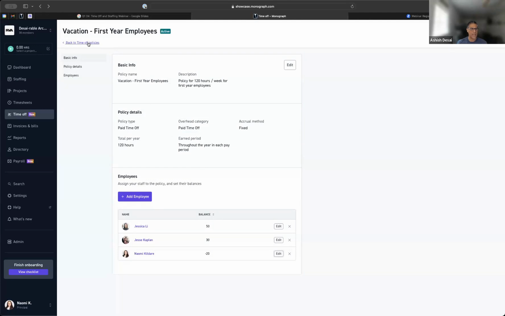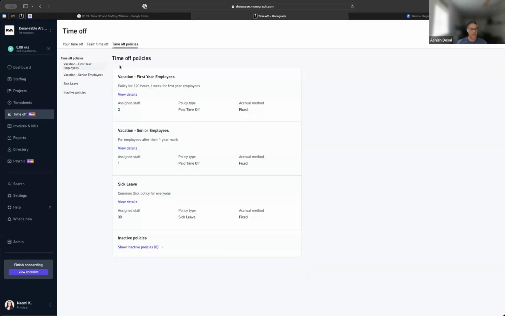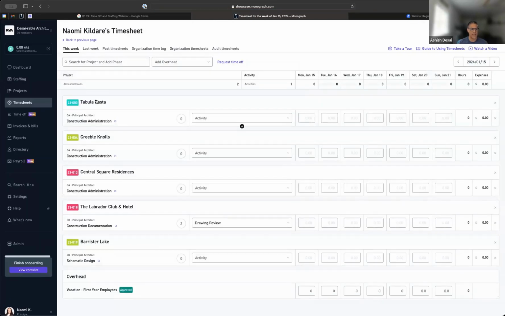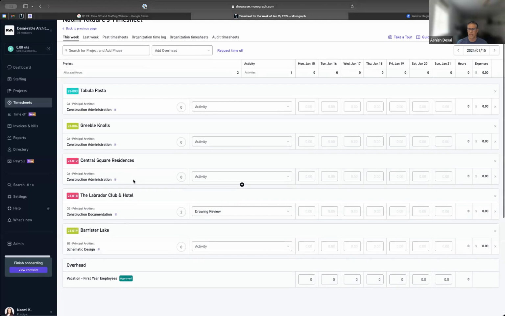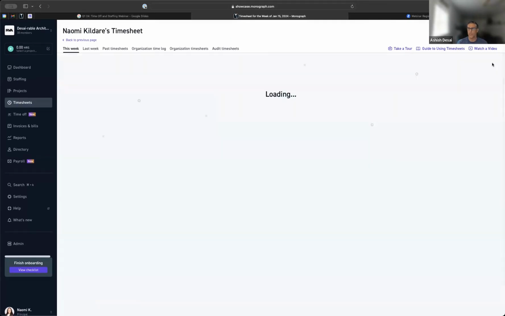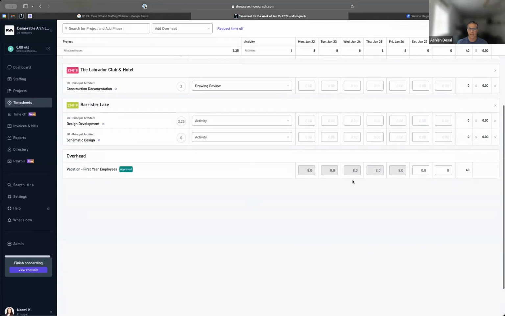I did want to show you how this all kind of fits in other places. So this is her timesheet. If you remember, it was actually a request for next week. So I'm going to go to next week, and you will see that her approved hours are showing up here. And they're locked down. So as I mentioned before, she can no longer